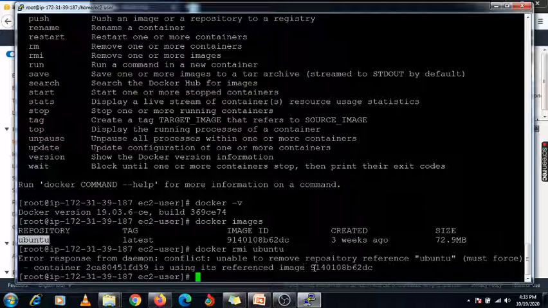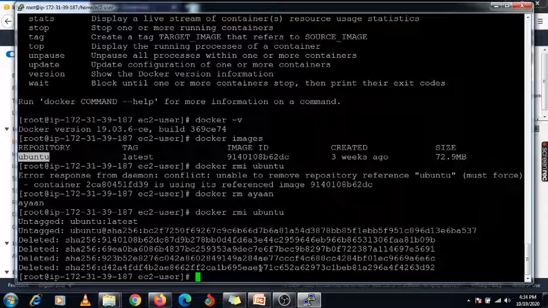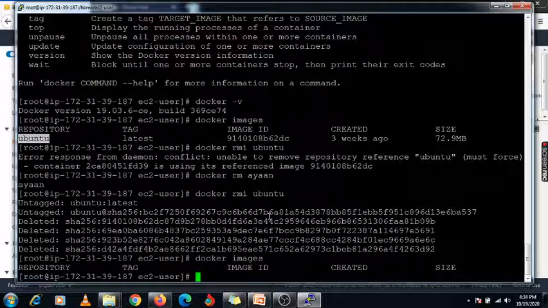First you need to remove the container which is using that image; the Ayan container is using it. After removing that container, you can delete the Ubuntu image. You can check using docker images. Now there are no images available on my system.